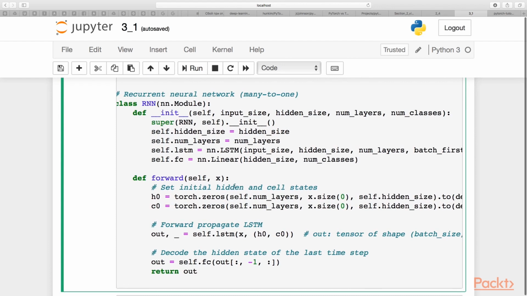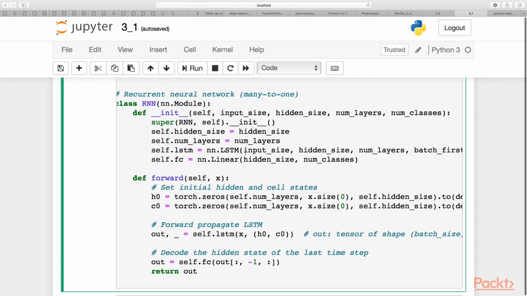So for the recurrent neural network, we have several parameters: the hidden size for it, and the number of layers. Also here we are going to use LSTM, and we wouldn't write it by ourselves, we will just use it from the Torch library.